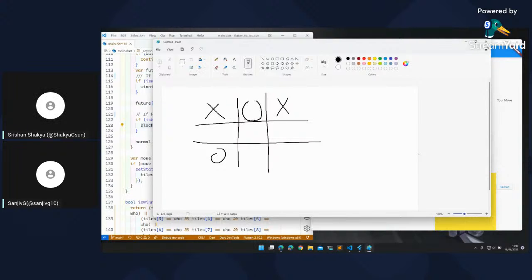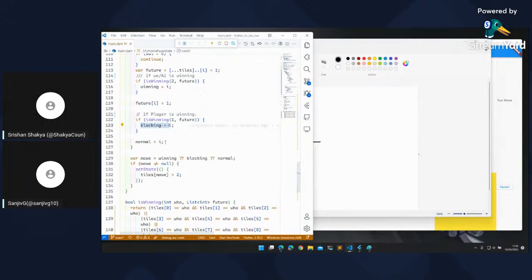So we want to place a 0 here instead of an X. We don't want the player to place X here. So that is blocking, and normal just doesn't result in anyone winning in the next future right away, because we are only taking one move in the future.